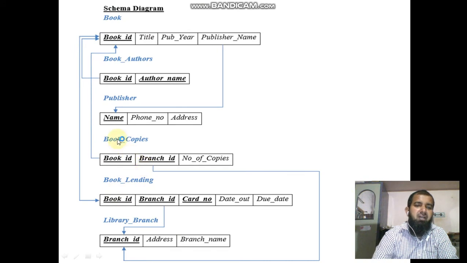Book ID of book copies is a reference to book ID of book table. These are the references. Publisher name of book table is a reference to name of publisher table. And here branch ID is a primary key, a reference to branch ID of library branch. These are all the references.